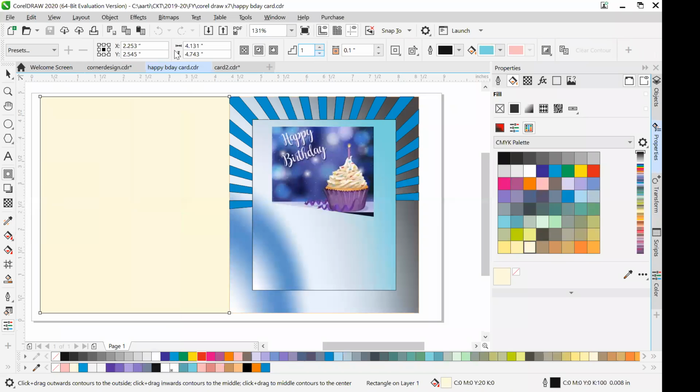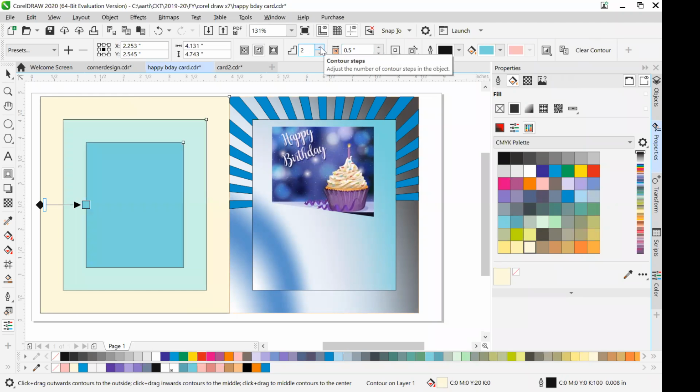So here it's going to ask me how many steps I want to create, and this 0.1 indicates the inner boundary of it. So I'm going to keep it like 0.5 and create an object of it. Instead of 1, suppose you're going to keep 2. Are you getting it? 3, 4. So this is actually used to show some kind of optical illusions. It gives a good feel of optical illusions, and it is adjusting the colors also on its own, but you will be able to change all those colors.